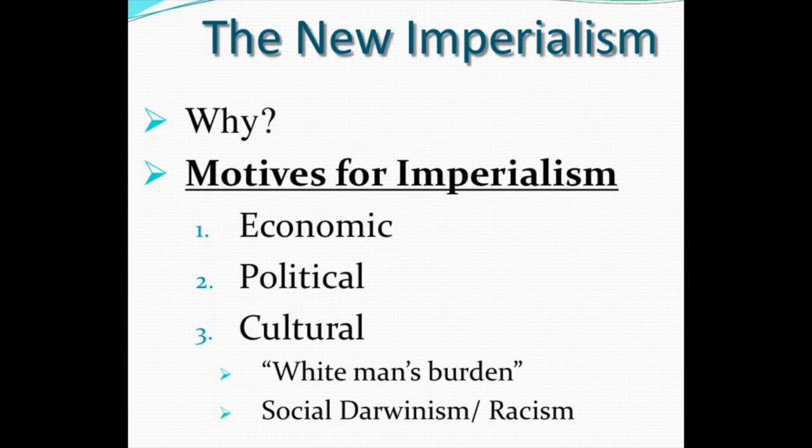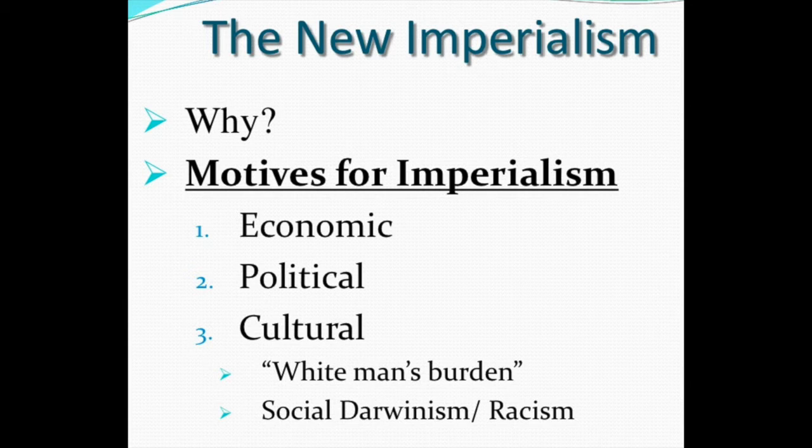So let's address the first three motives for imperialism, or causes for imperialism. First, we're going to talk about economic, then political, and then cultural. And in cultural, there are going to be two subtopics. One, the white man's burden, which was a poem, but it came to be like the rallying cry for, or you should say justification for, imperialism, and then social Darwinism, which is basically the survival of the fittest